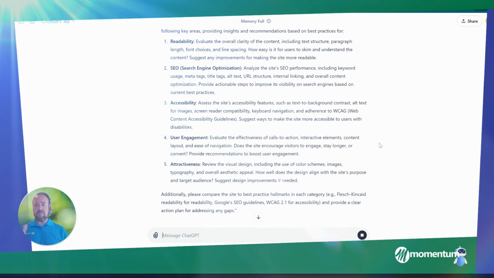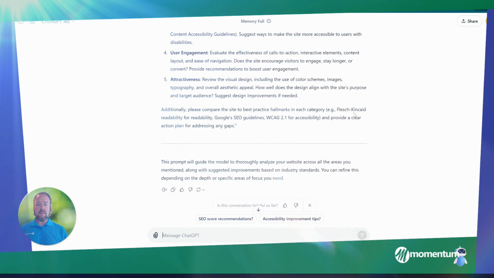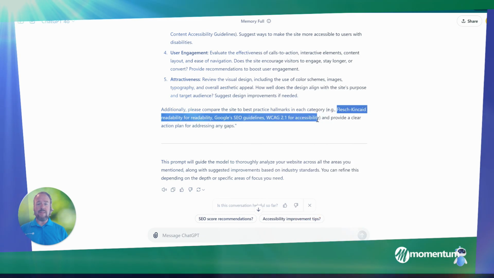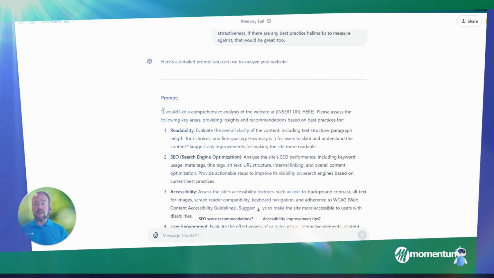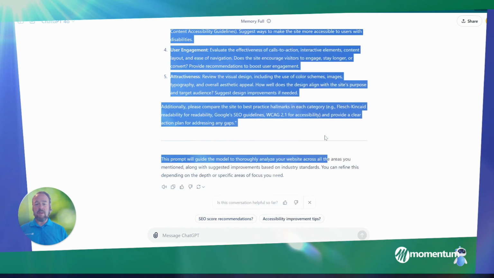So it's got everything that we asked for: readability, SEO, accessibility, and it did. It pulled some best practices for us. That's perfect. So, okay, here's what we're going to do. I'm going to cut and paste this prompt now